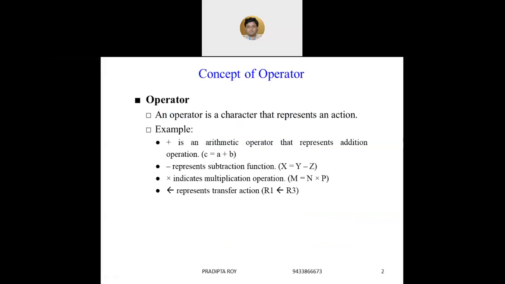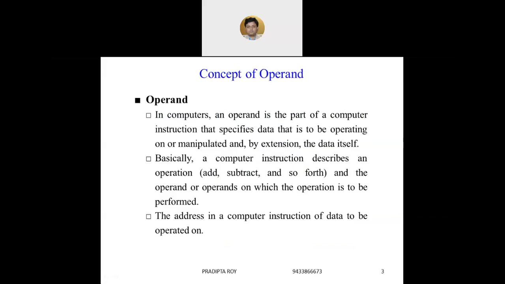So first, what is an operator? An operator is basically a character that represents an action. In mathematical notation, we use different operators to represent various activities. Like the plus sign is used for addition, the minus sign is used for subtraction, and the cross sign is used for multiplication. Now,